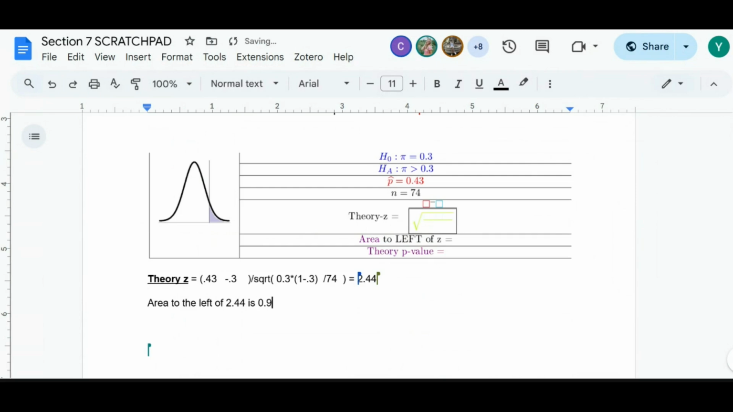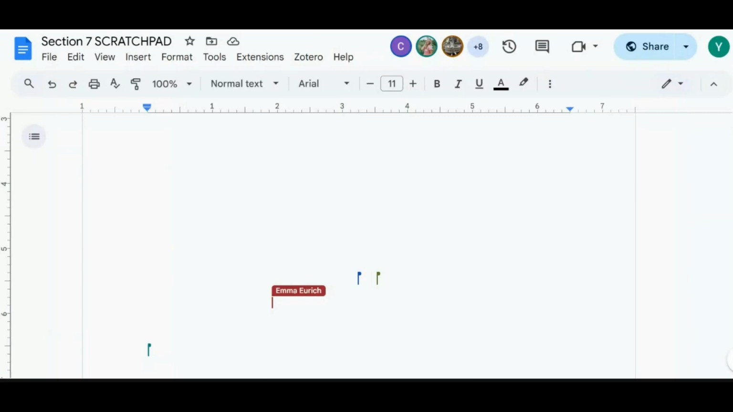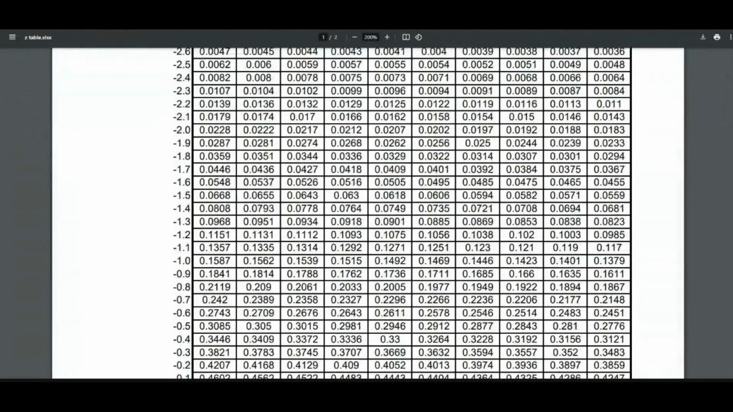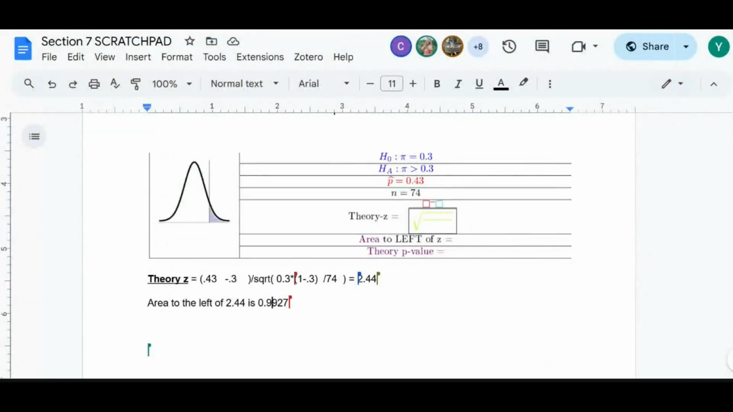What did you say? ChatGPT says 0.9925. I don't want what ChatGPT says. I want what you get from the table. What if one day the computer is down and all you have is a paper-based Z table, huh? Okay. But it's working. 0.9927, right? Okay. I'll show you where, okay? 2.44, right? 2.44, 0.9927. Good. So that's the area to the left of 2.44, but